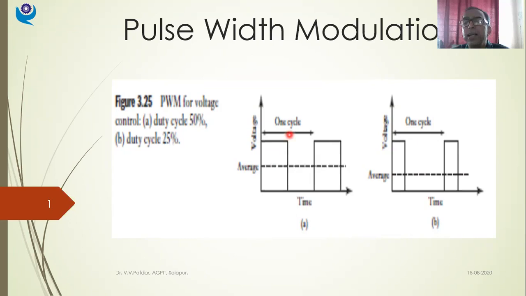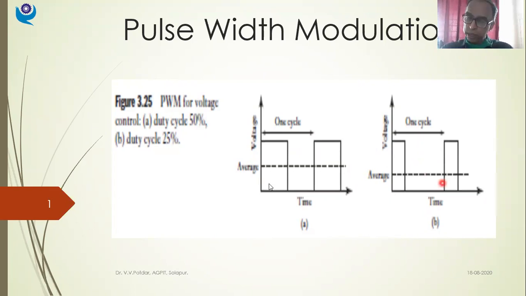Now the second case, if you see, what I've done is, this is one cycle. 1, 2, 3, 4. If I divide this total cycle time into 4 quadrants, out of those 4 quadrants, I am taking 1/4 of the total pulse cycle. 1/4, I am taking only 25% of the total pulse cycle. So here I was taking 50% of the pulse cycle. So what I have done, I have changed the width of the pulse, and I have taken only 1/4 of the total cycle.